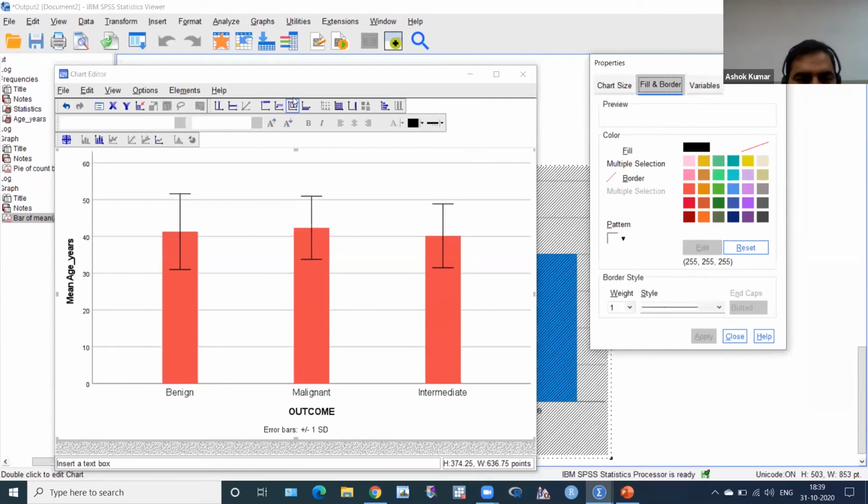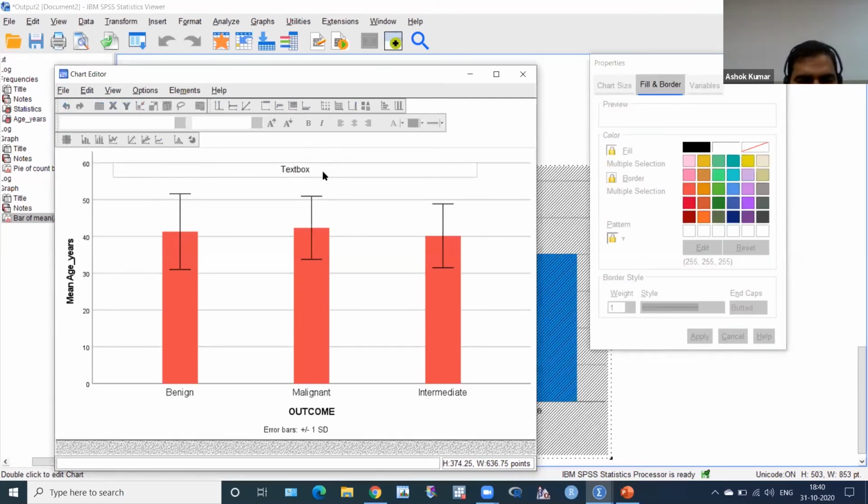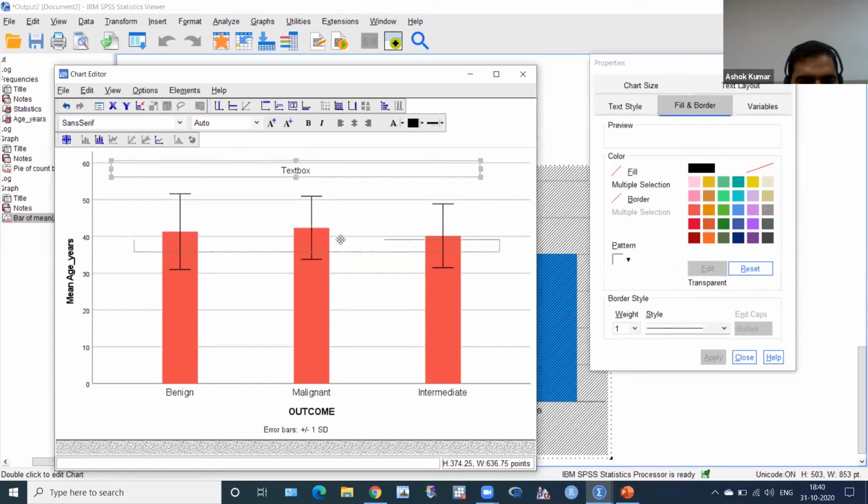Then you have to use this text box here. You can get it on the second line below this, this is the text box T. Okay, you have to click, and this will come here. Then you have to bring this text box here.